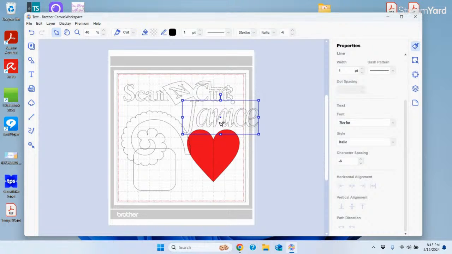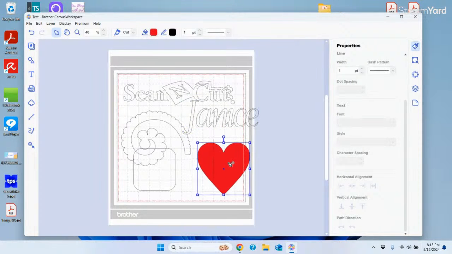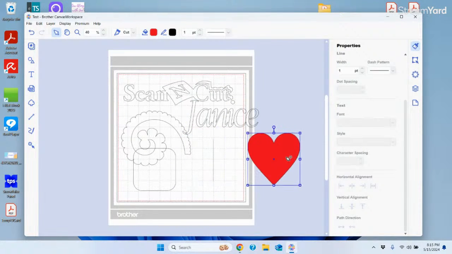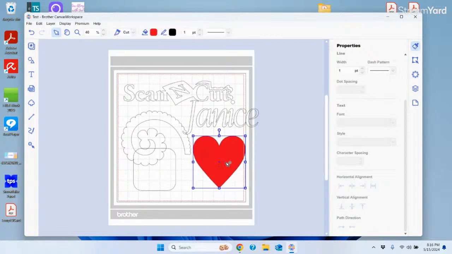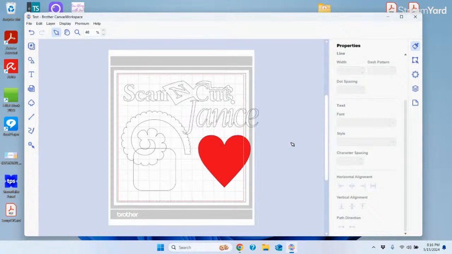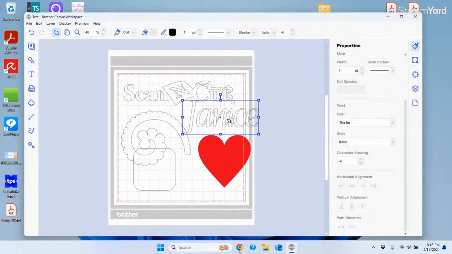And what that means is, let's say we have 3 or 4 items here. Here's our heart. Let's get rid of our dash line for right now, if I can get a hold of it. Sometimes it's hard to get a hold of. Yep. I'll just draw a box around it. There we go. Okay. So let's say we have this item and my name. I'm going to click both of them at the same time. I'm going to hold my control key down and then click the second one. So now they're both selected. Sorry. My hand was too far over to the right. Okay. Now let's say that I want,